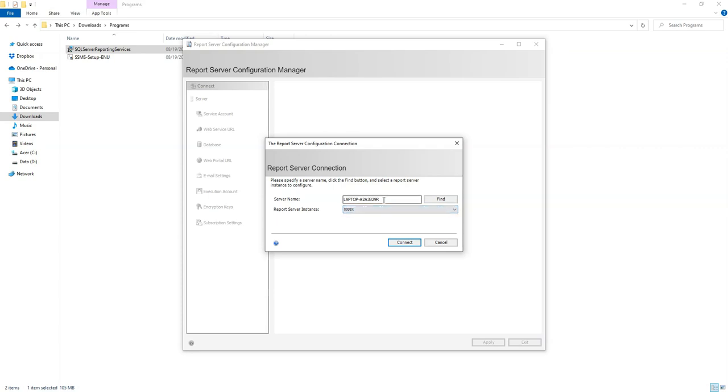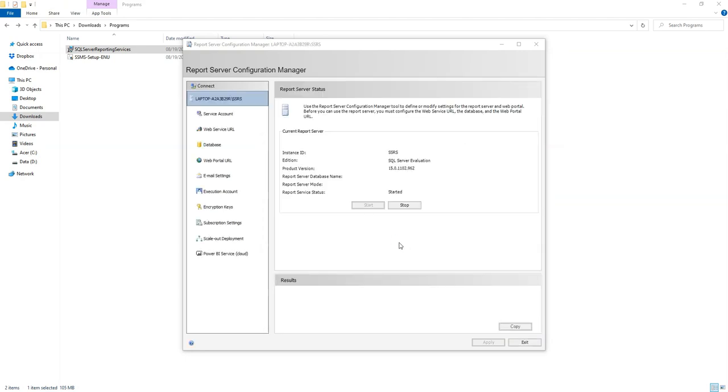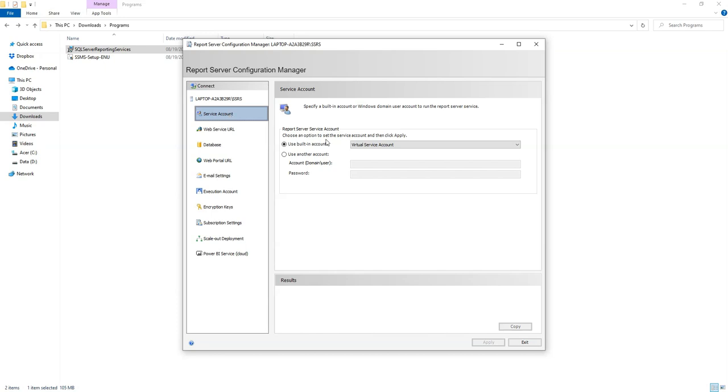and this is the server name. The report server instance is SSRS. That's fine. Click connect, and then we have to click the service account. Here we will choose network service and click apply. This is done, and go to the web service URL,